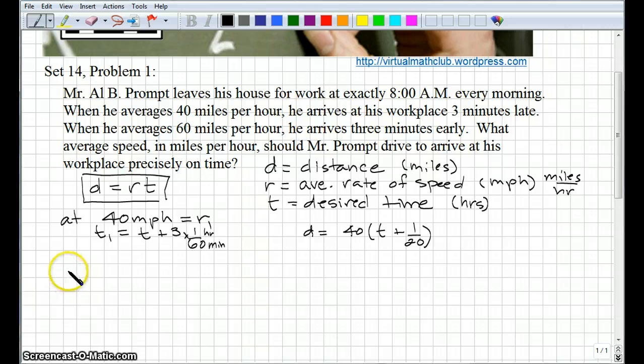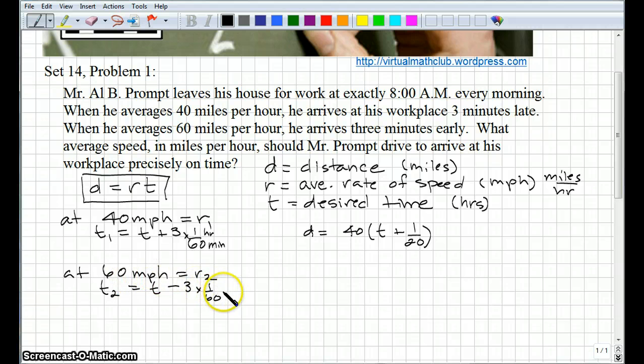Alright, so the other information that we're given is at 60 miles per hour. We'll call that rate 2. And the time 2 is 3 minutes early. So the time that we arrive at work is the desired time minus 3 minutes times 1/60 to convert that to hours. That's probably the trickiest part of this problem, making sure that you're working in the right units,